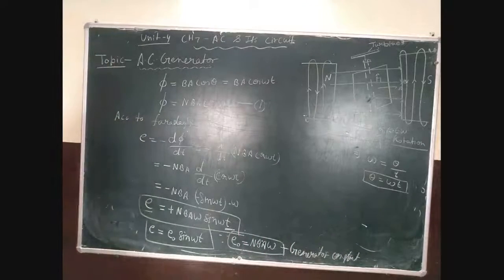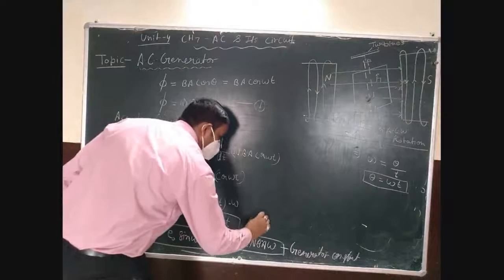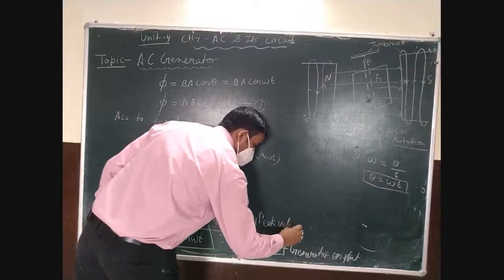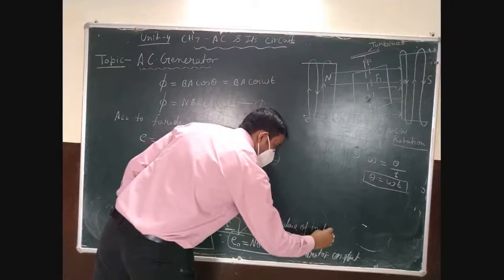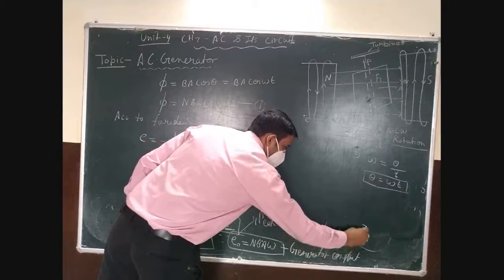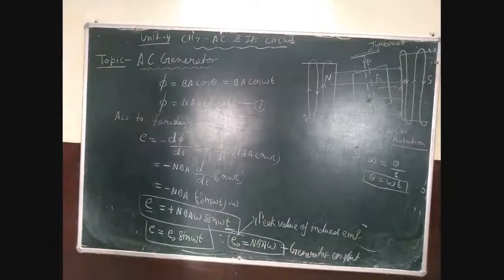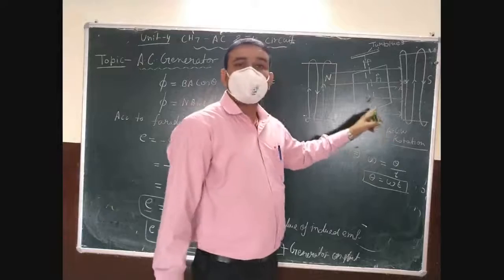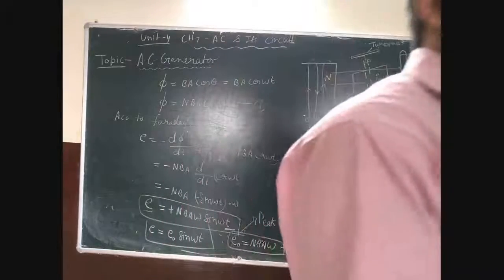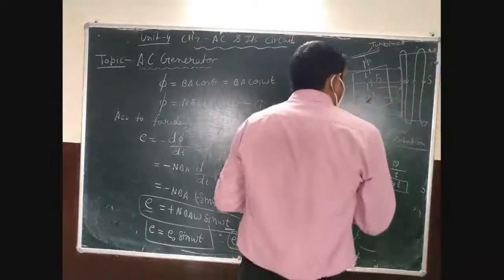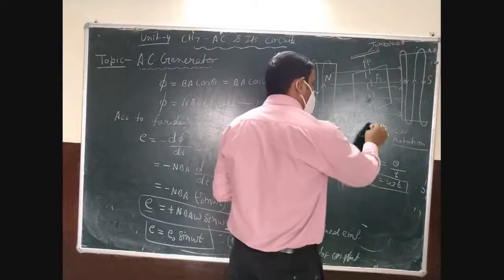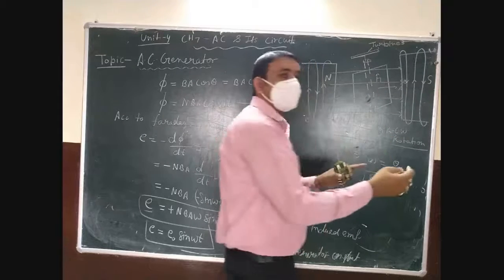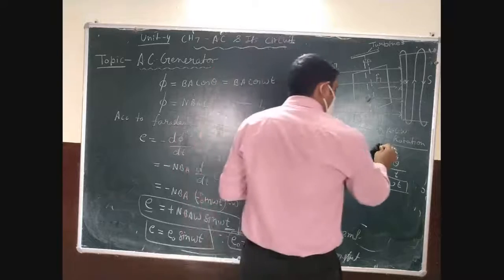Generator constant. Okay, and it is also called the peak value of induced EMF. Now the EMF produced in the AC generator is used in the house or anywhere else. When the circuit is completed with the help of wires, brushes and the split rings, then